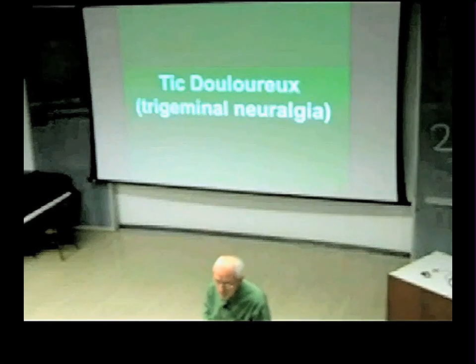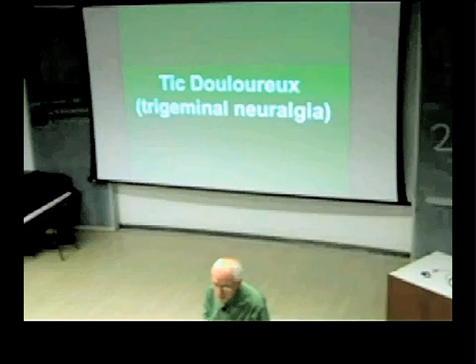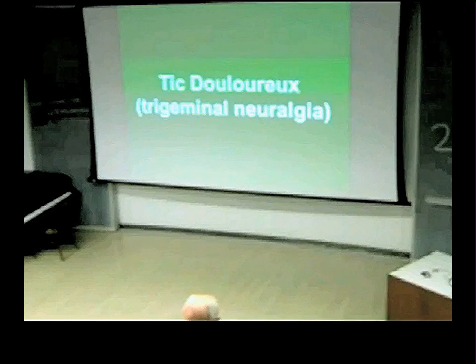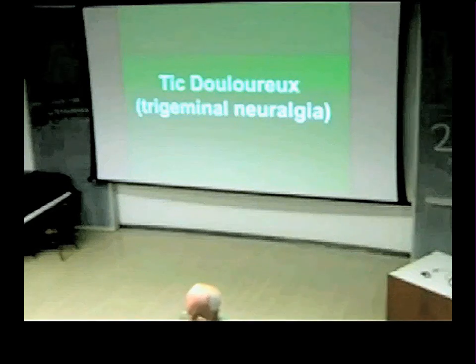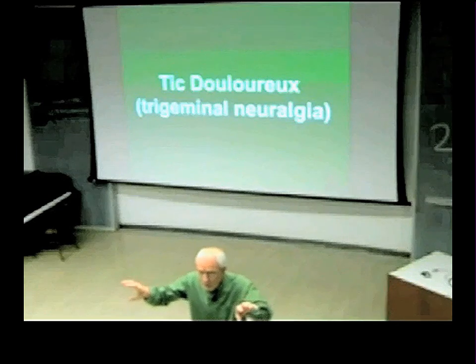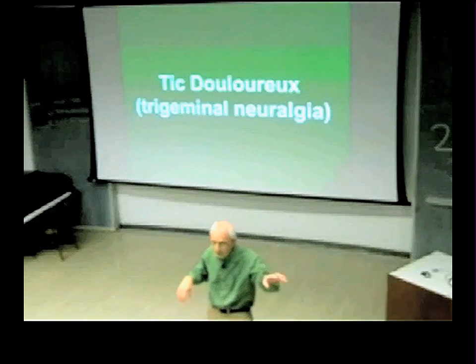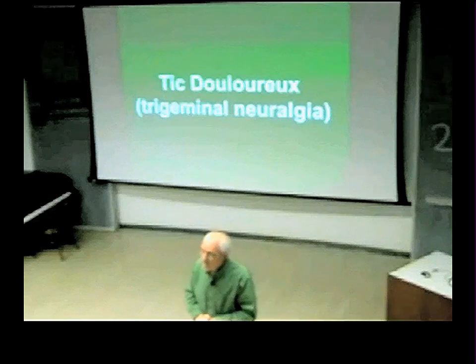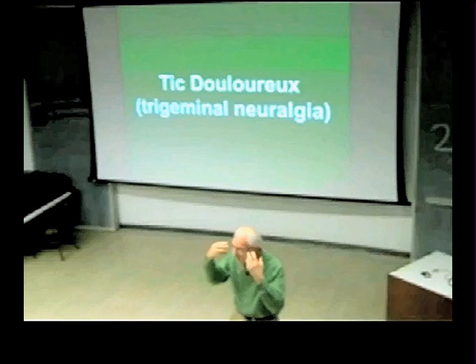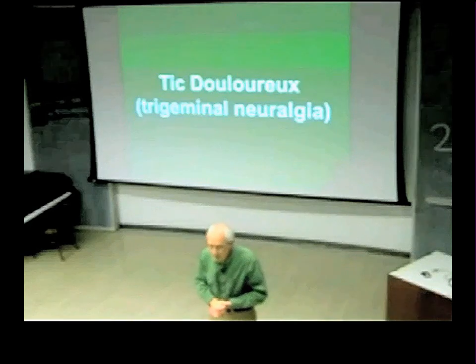Yes? So does that mean that V2 is responsible for the pain pathway, or no? Well, each one of these brings back pain. The trigeminal nerve brings back touch and pain. It's just that when it gets to the brain, there's a divergence and it goes to different nuclei, which tell you about pain or touch. So every division of the trigeminal carries back information about touch and pain from the region of its distribution.